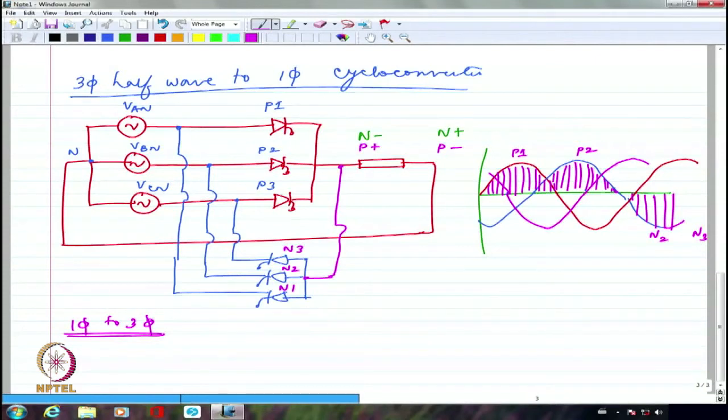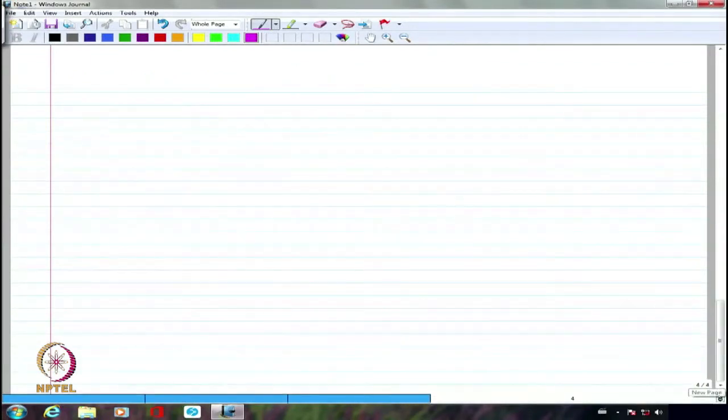So I will have 8 multiplied by 3, which will be 24 devices. Cycloconverter uses really large number of devices. So let us try to draw for single phase to 3-phase. Right? So I am going to have this as my power supply, which is common for all the converters. So I am essentially going to show it in the form of, let us say, simply let me show it